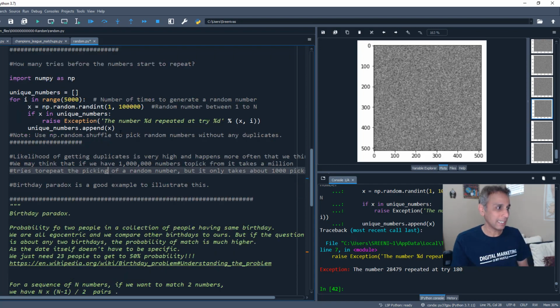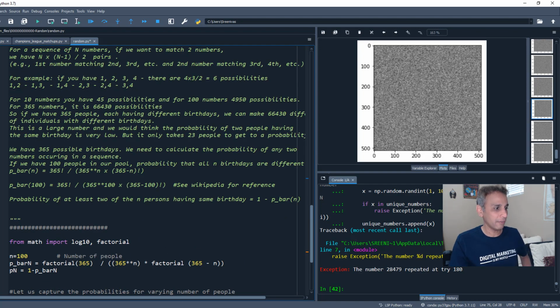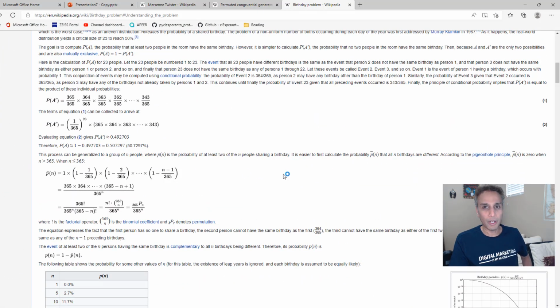So that's exactly what this part of the code does. Go ahead and read the Wikipedia page; they give you all kinds of details. All I did in this code is take this: the probability of not a match is factorial of the total number of days, divided by the total number of days to the power of how many people you have, multiplied by the total number of days minus the number of people, factorial.